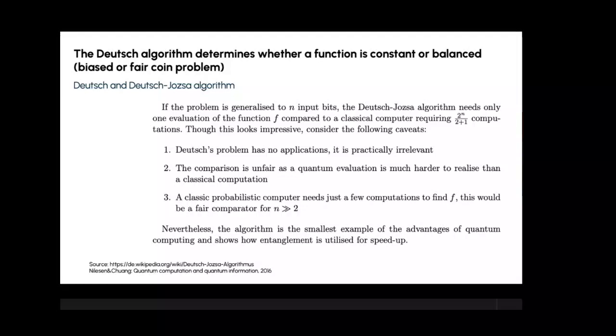I mean, the Deutsch algorithm itself is not so impressive because instead of 2 measurements you get 1, but that's only because we have just a 2-qubit system. But if you apply it to many coins that get flipped, that becomes very, very efficient. It's very impressive, but it has no applications. It's completely practically irrelevant. The comparison is unfair because the quantum evaluation is much harder to realize than a classical